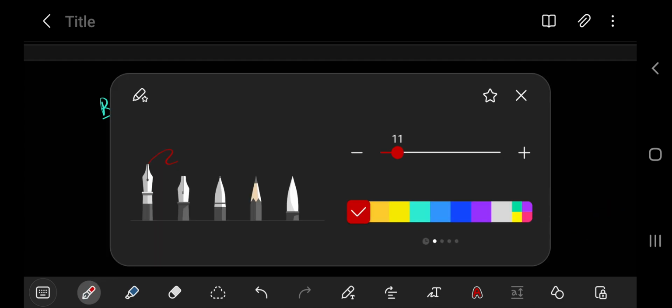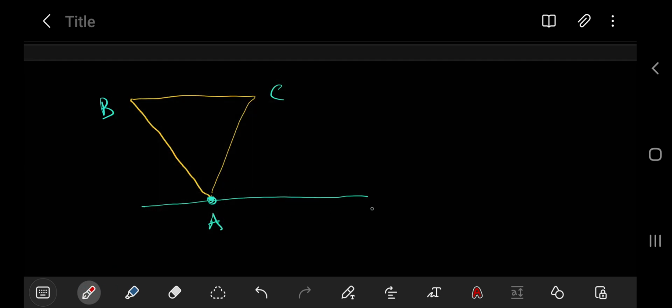Say you have a triangle like that, and there is a line that passes through that point, which is A, B, C, right? There is a line that passes through A, okay? And then one would come and say, okay, if that is F, that angle is equal to that plus that,